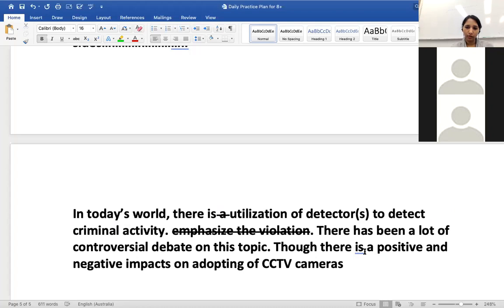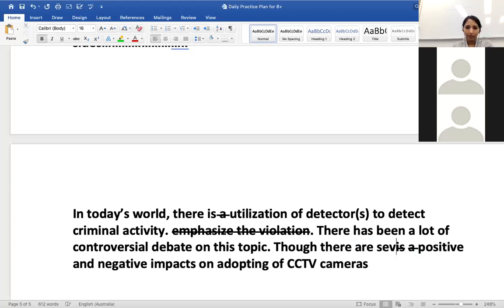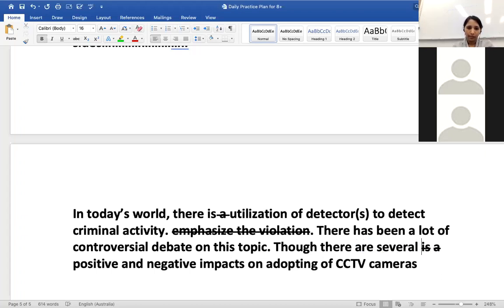Though, so this is not is, this will become there are. So though there's no need of A, so this will become though there are several positives and negative impacts on the adopting of CCTV cameras. So you could say though there are several positive